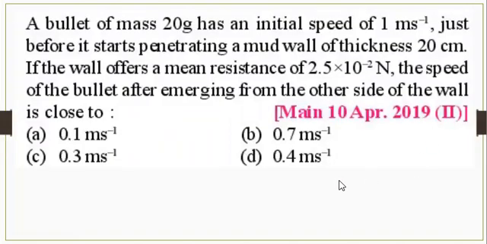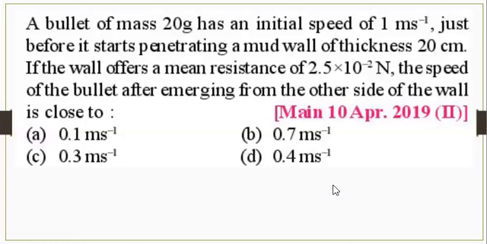A bullet of mass 20 gram has an initial speed of 1 meter per second just before it starts penetrating a mud wall of thickness 20 centimeter. If the wall offers a mean resistance of 2.5 into 10 to the minus 2 Newton, the speed of the bullet after emerging from the other end of the wall is close to,